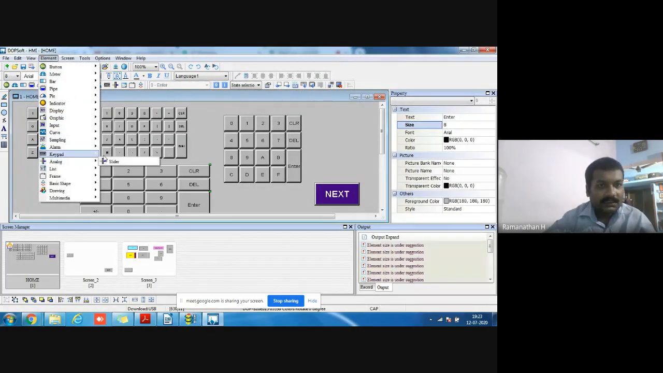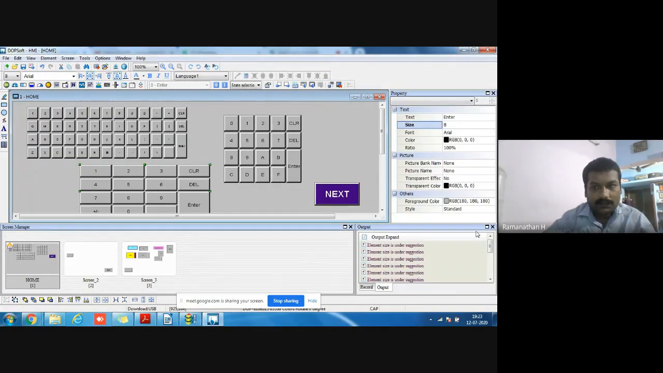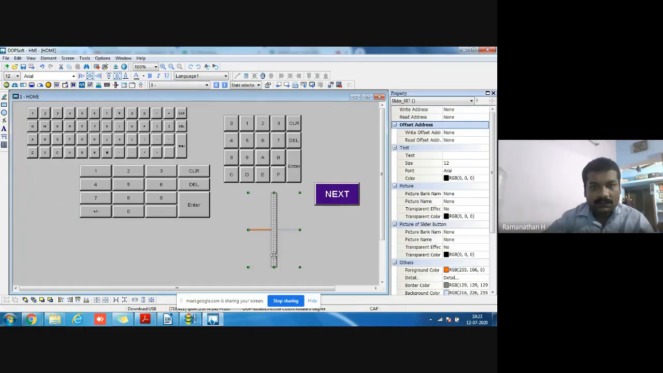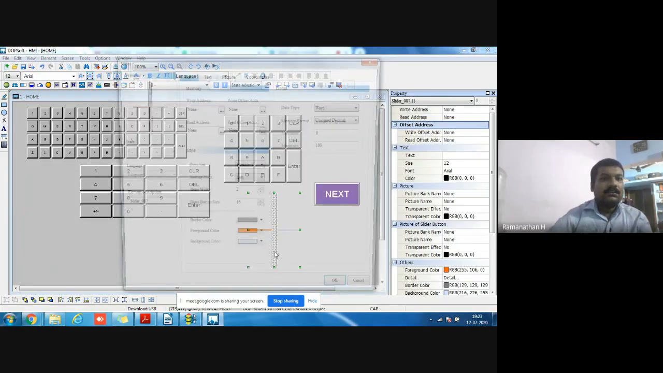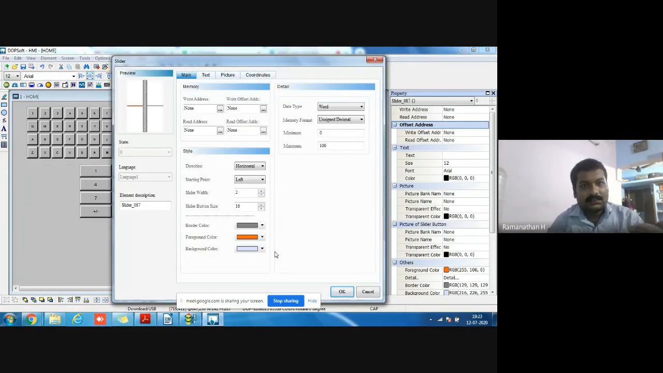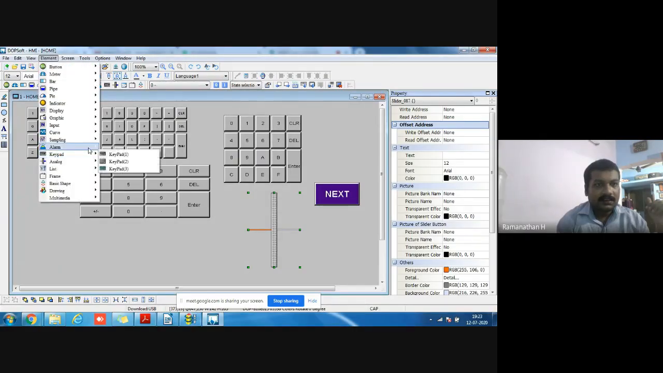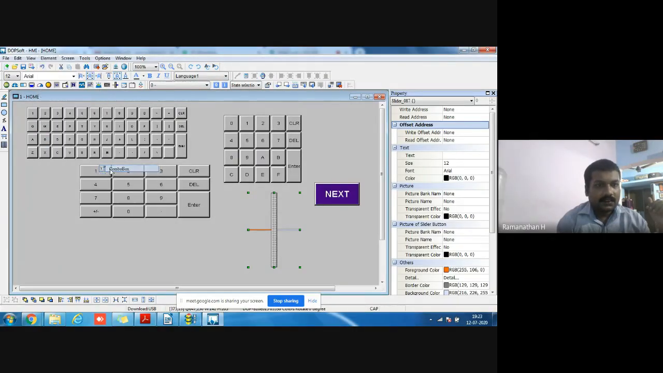Okay, then analog slider. The analog slider. Analog slider means it's not a digital 0 or 1s, it's an analog slider. Here also we do the write and read address, and if it's communicated with PLC means it will automatically work. So it's an analog slider and the list indication, the combo list box,